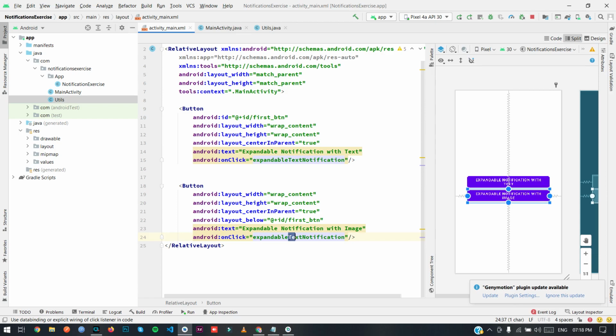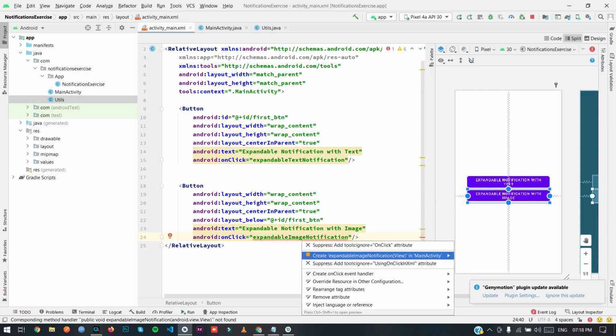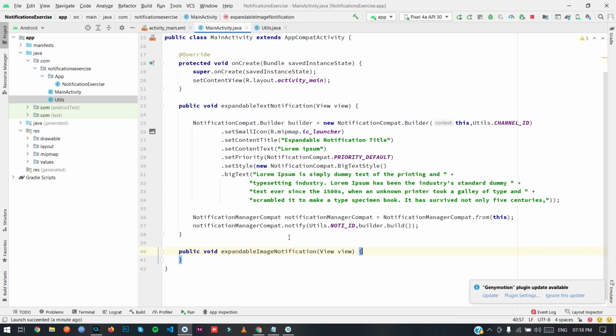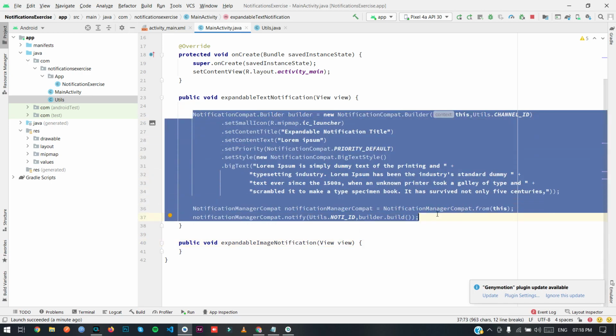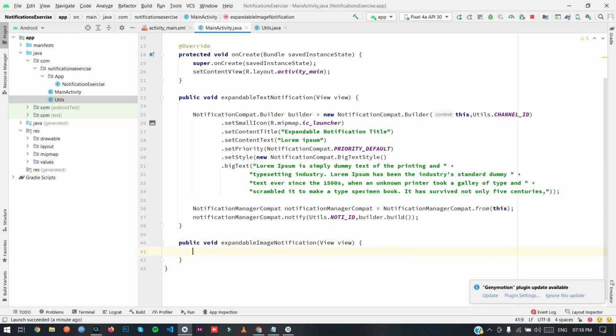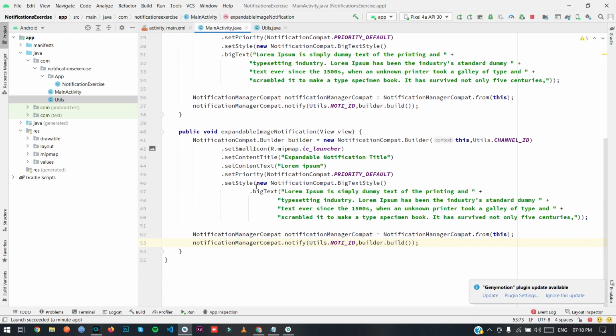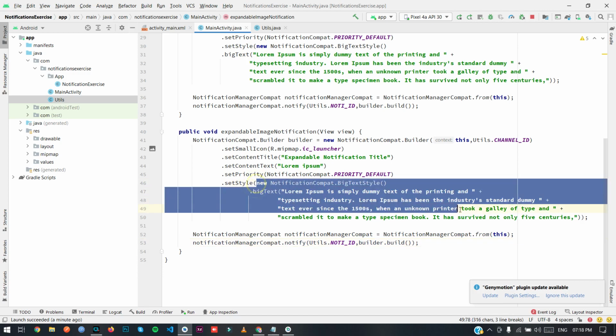Just change the name to image. Okay, now press Alt Enter, create method in main activity. Okay, so we will copy this one, and we will remove this style from here.